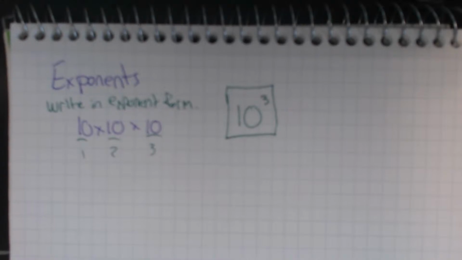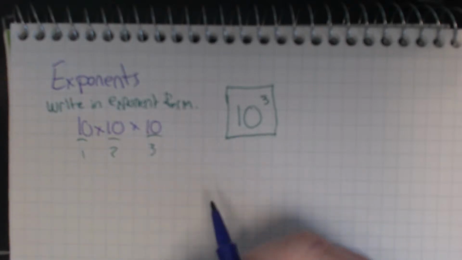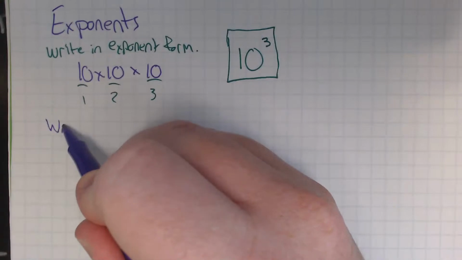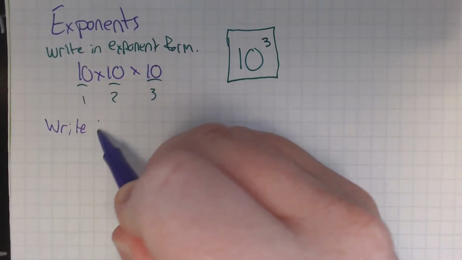Now, the next thing that might happen is it might be asked of you to write these numbers in, what am I going to say? Oh, in word form. So what we're going to do is we're going to look at it and it's going to say write in